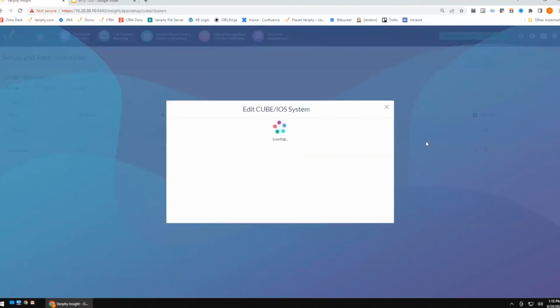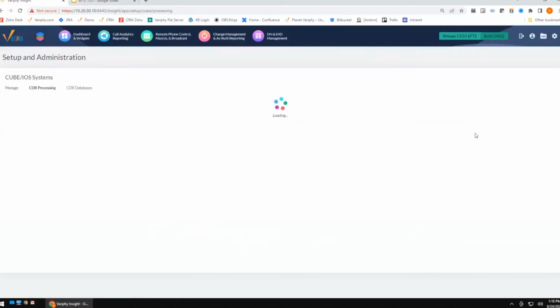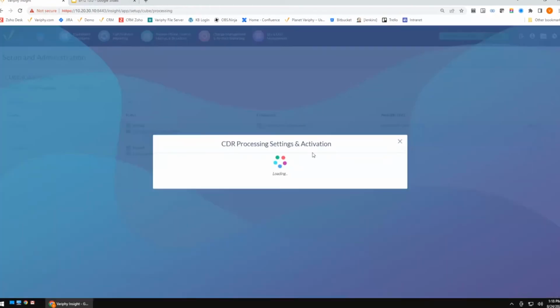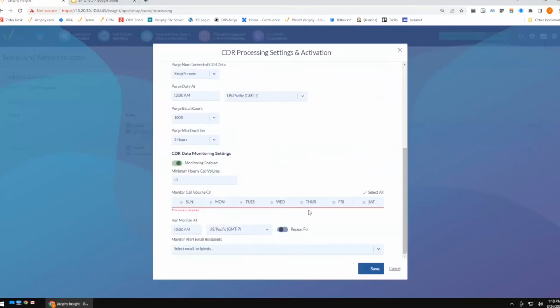And it's a simple flip of the switch. If I edit my cube cluster, all I have to do is go into CDR processing and then edit my cube cluster, scroll down to the bottom, and you can enable the CDR monitor. You're going to notice that looks almost exactly like it does in the Call Manager configurations. It's just basically a toggle, and then you set some dates and times that you want to be alerted.